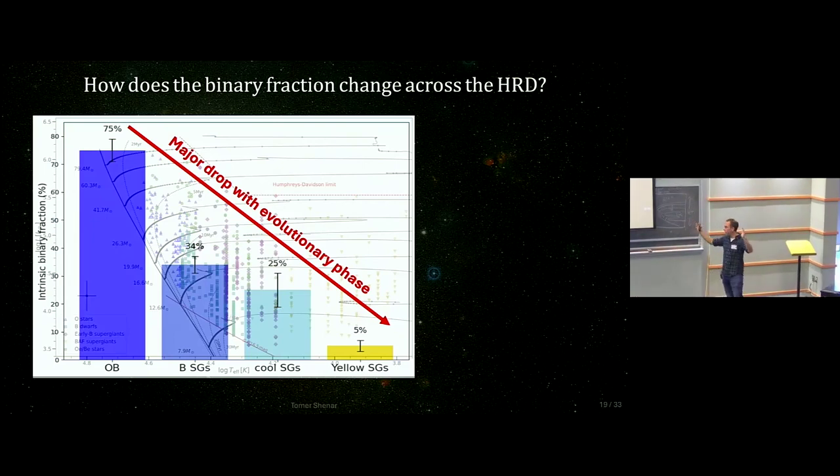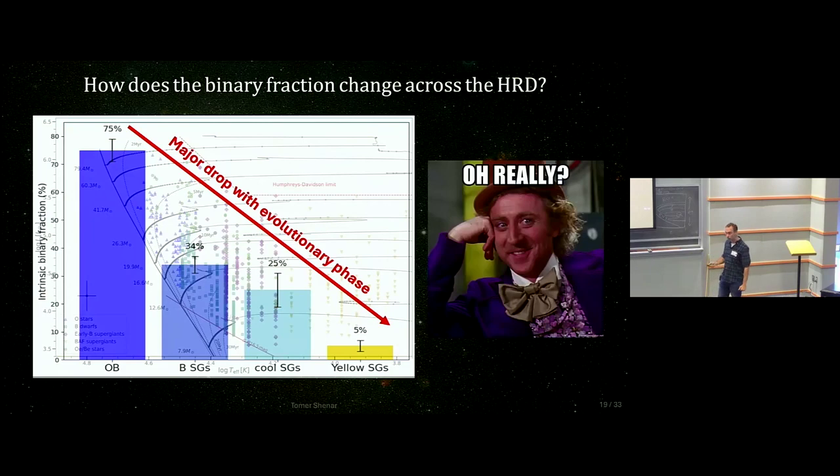But if you would just assume, say, that yellow supergiants are the result of some slow expansion of a massive star, we should have still detected companions given the distributions that we know for massive stars, and this is done in the paper that discusses this. So this drop probably tells us that this population really comes from some kind of post-interaction effect. And I'll give you some more teasers about this population in a second, because for them, the new data are really crucial. So this was the 9-epoch results, but now I'm going to give you